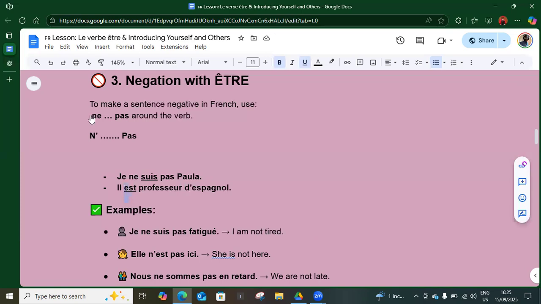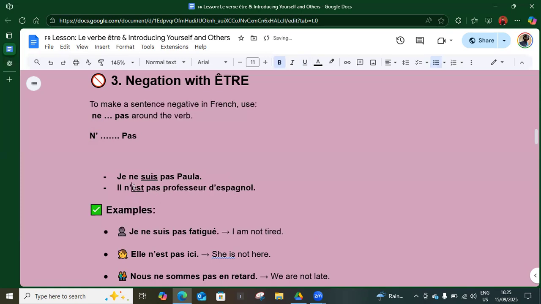For that reason, we will not be using ne, which is an E. Instead, we will use the N apostrophe for proper blending and pronunciation purpose. So we put N apostrophe here. And after the verb, we will put pas. So here we have il n'est pas professeur d'espagnol. He is not